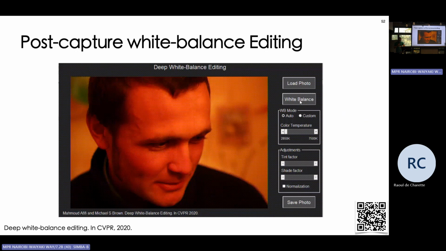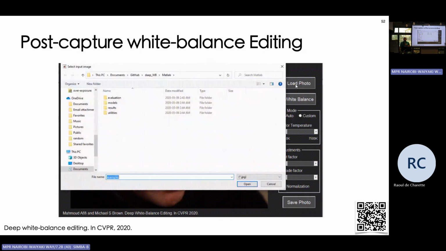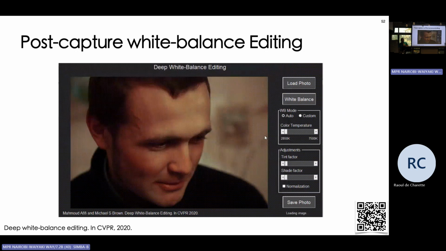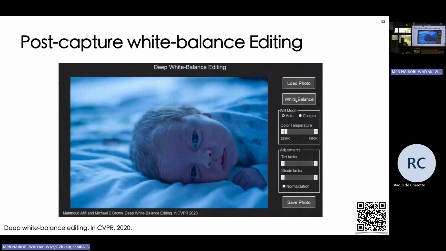And we have a GUI. You can just white balance the image, select any other images, and manipulate that interactively. Maybe I can, yeah, just wait a second to see that. You can just white balance it, and then you can adjust what we call color temperature. If you go lower, it's cooler or bluish. If you go higher, it's